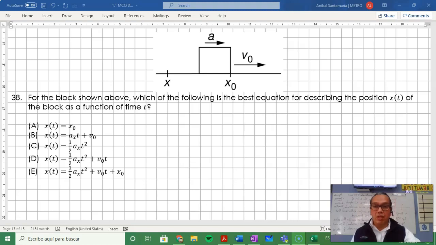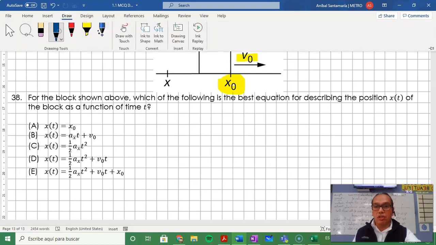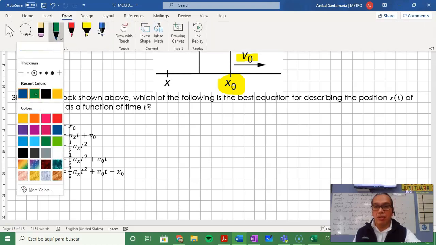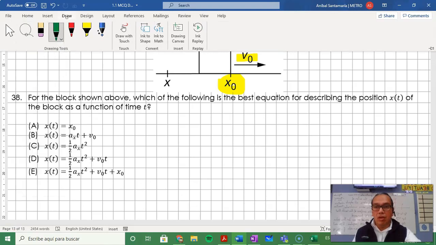38. For the block shown above, which of the following is the best equation for describing the position x of t of the block as a function of time? Well, if we are to believe that this represents the initial position of the object, and this is the initial velocity, and especially if we are to consider that the acceleration is a constant value, then of course the model that we have is that this is a